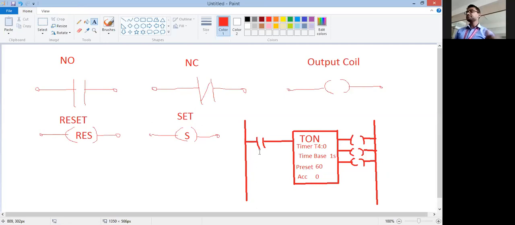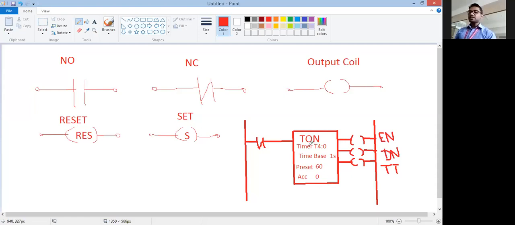This is the switch, a NO contact. When you press the button, this contact becomes closed. This is your on timer. These are the three outputs: enable, timing, and done. So the on timer is there.